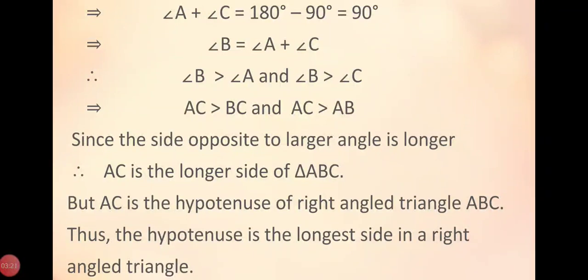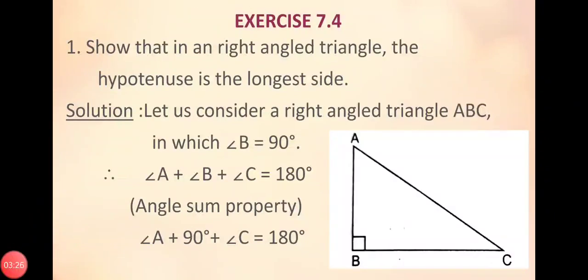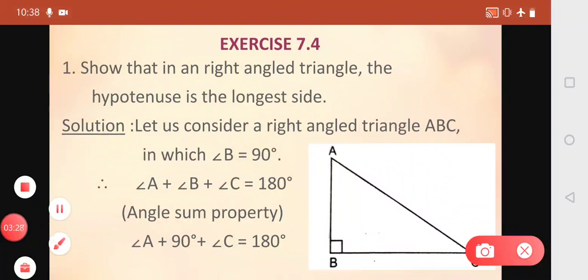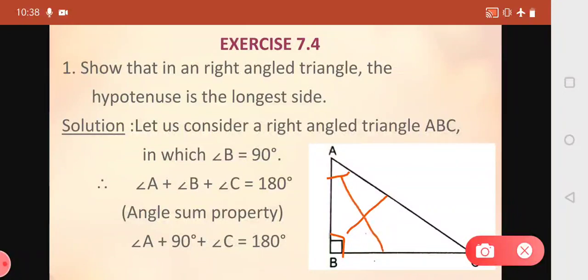Yes. Let's once see in the figure also. We proved that angle B is greater than angle A and angle C, both. Now side opposite to angle B, this is our angle B. Side opposite to angle B, that is AC. So AC will be greater than the side opposite to angle A also. So side opposite to angle A will be this side, that is BC. This is our side BC and this is our side AC. So AC greater than BC.